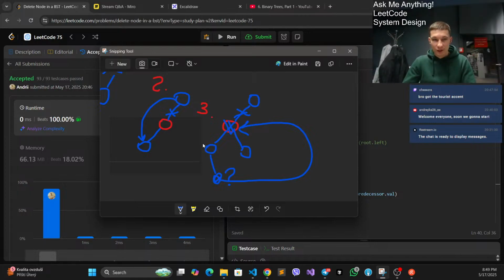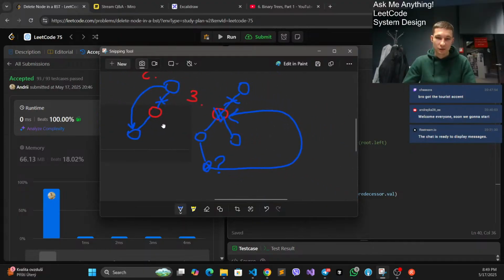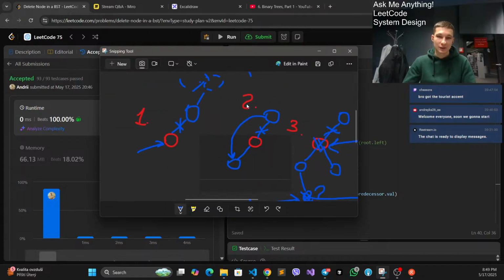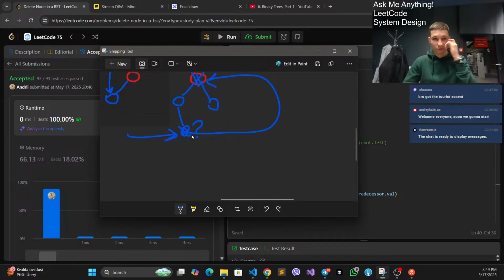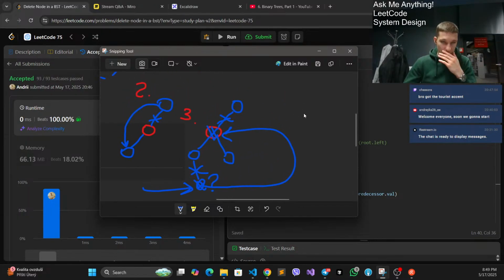Then we have a second or first case for this successor, because we need to delete it now. In this case, it's the first case, so we just remove this link as well. And this is how the deletion is done. So basically, again, recalling,